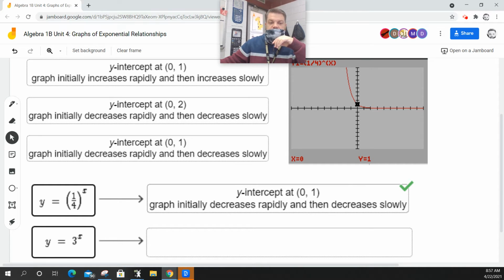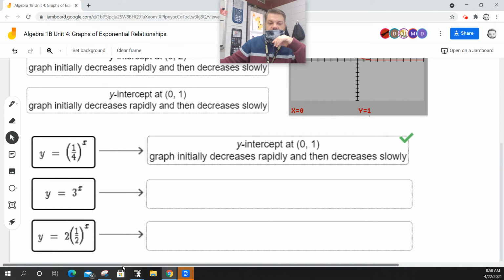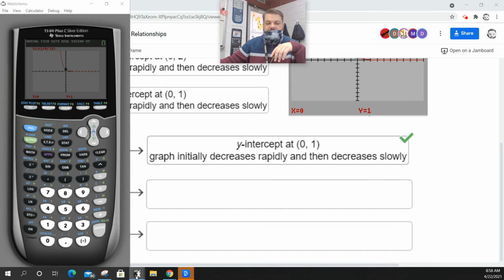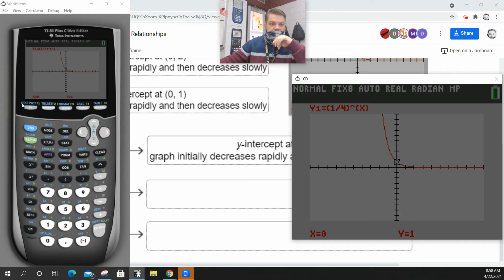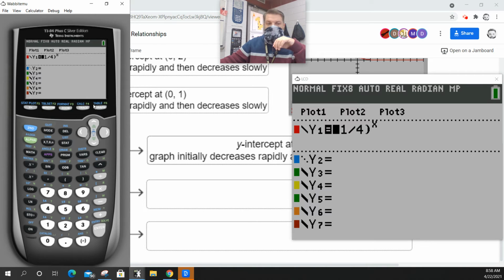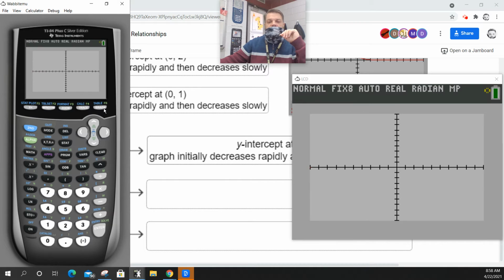Now let's move on to the next one. The next one is just 3 to the x. So I'm going to hop on my handy dandy calculator. I'm going to hit y equals, and I'm going to clear that out, and I'm just going to put 3. Now, how do I get up into the superscript space? Caret symbol, this symbol right here, right above the division sign. We're going to hit up, and then we're going to hit X, and then we're going to hit graph. Okay, so that's that one. Then we're going to hit trace,